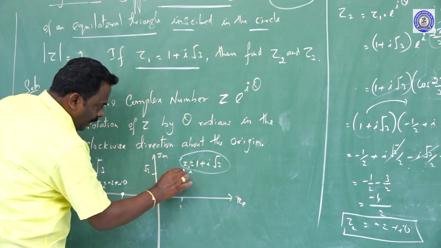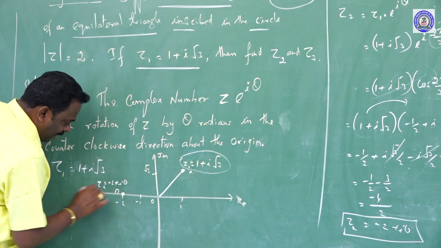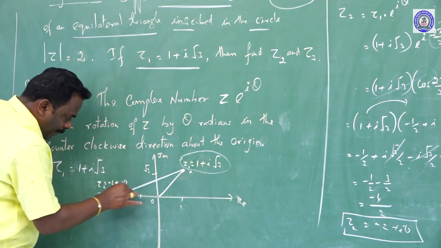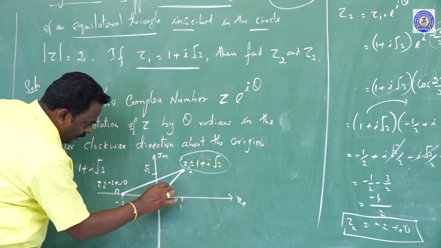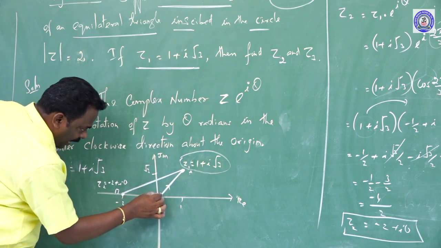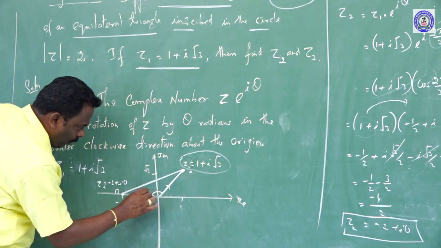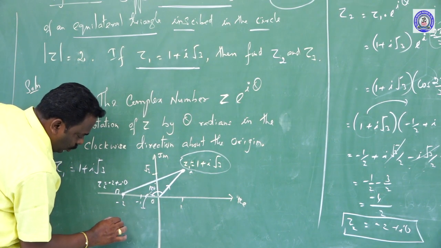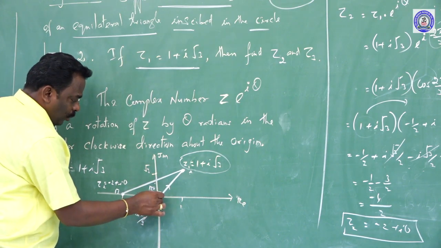The first complex number Z1 is called A. The second complex number Z2 is defined by B. Now just join AB. From the origin, the vertex A in vector form is the vector OA, and from OA vector to OB vector, the anticlockwise angle from OA to OB is 120 degrees, that is called 2 pi by 3. The angle from OA to OB is 2 pi by 3.